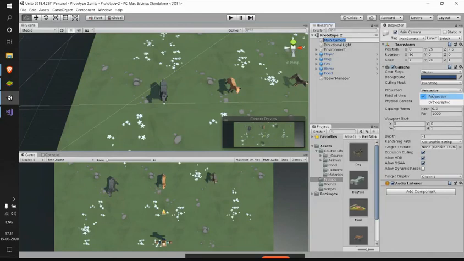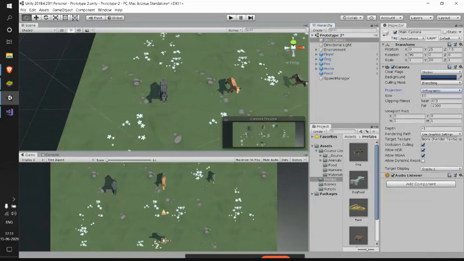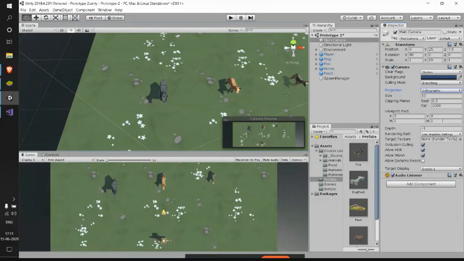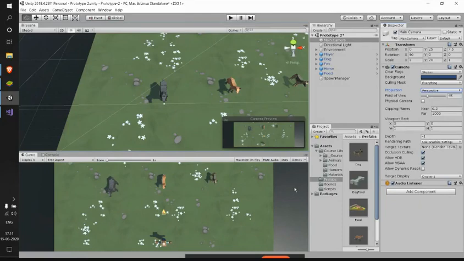So we have 2 options. Perspective is same as perspective, whereas orthographic refers to this isometric view. So having the orthographic view makes the things flatter, whereas in perspective view, the 3D details can be seen a bit. So let me leave that in the perspective mode.